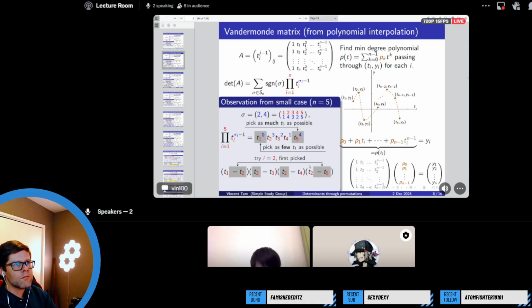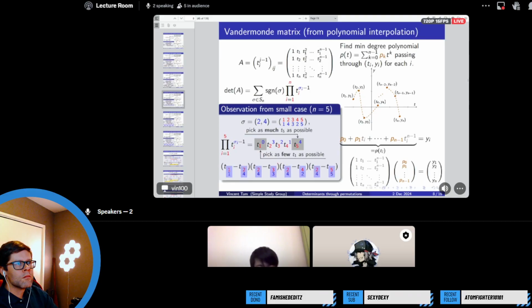Okay, so since here we see that the degree of T2 is 3, intuitively we know that we have no choice. We have to pick T2 in the two remaining factors in the Vandermonde polynomial containing T2 here. And to help me think, I'm just putting below each red index the corresponding blue index here.